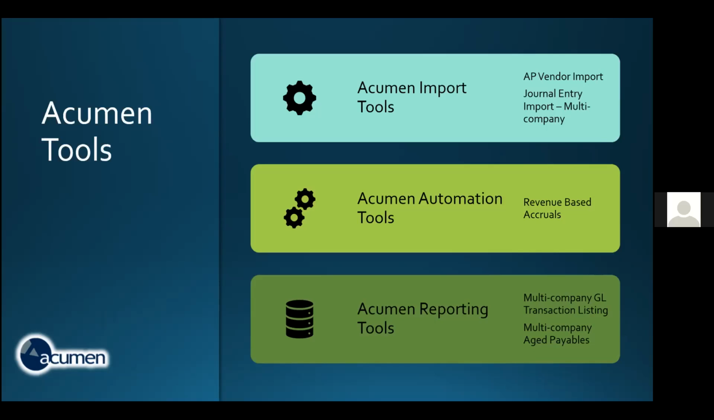And we break them down into groups like import tools, automation tools to help with things like accruals, to help with things like journal entries. And then reporting tools, which can cross companies, multi-company transaction listing or multi-company aged payables. So just because we're limited on time, I'm going to go through a couple of the different journal tools or import tools and tell you how you might be able to use it. Give you an example of how you could take one tool and use it 4 different ways, and just give